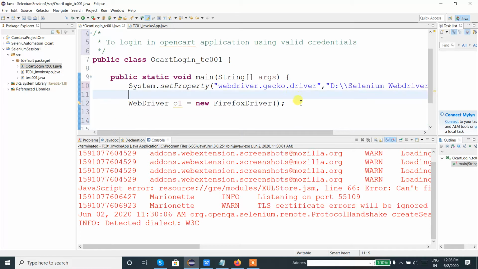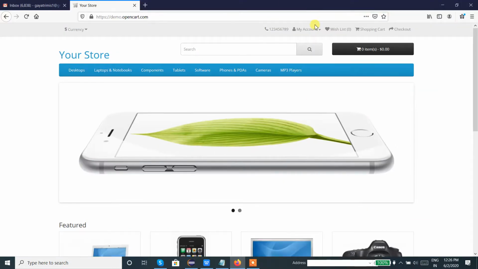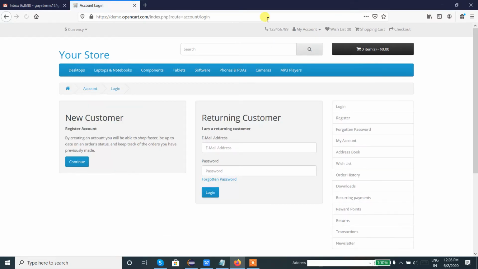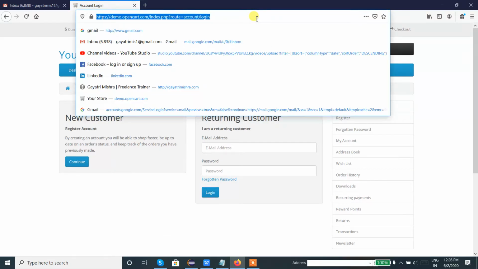Now what exactly do we need to do with o1? First we need to launch the login page of the OCart application. So let's say the login page URL is, if I enter into account and click on login, yeah, this is the URL.